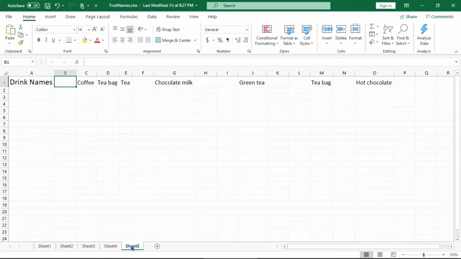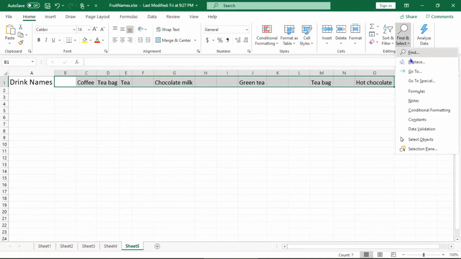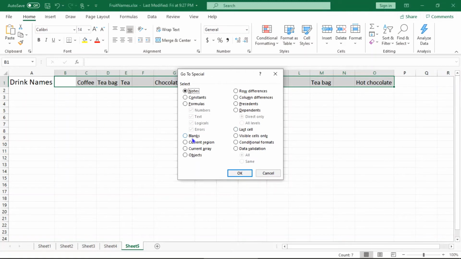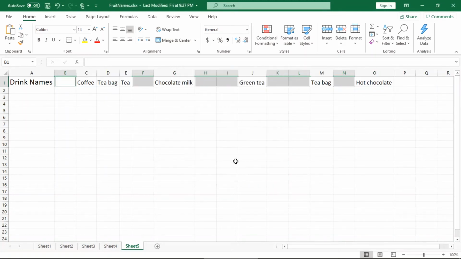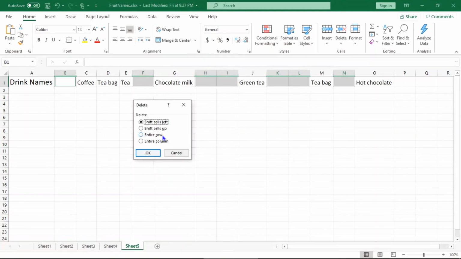Now if you go to sheet 5, I have the drink names in row format. Select the whole data elements, go to find and select, go to special, select the blanks, and click OK. Similar to sheet 4, here also all the empty cells have been selected. Click on any one of these empty cells and click delete.